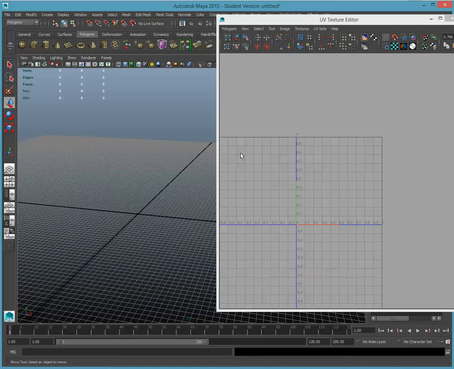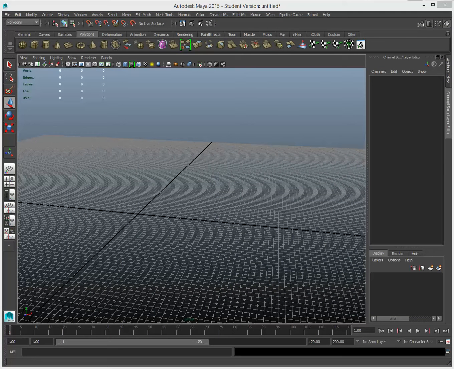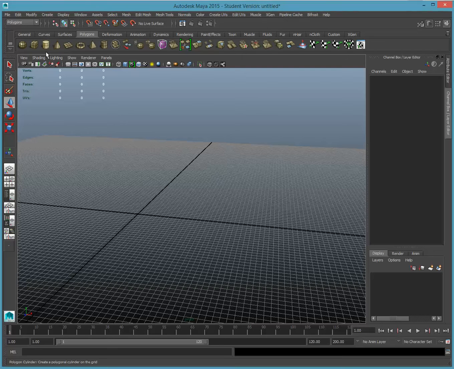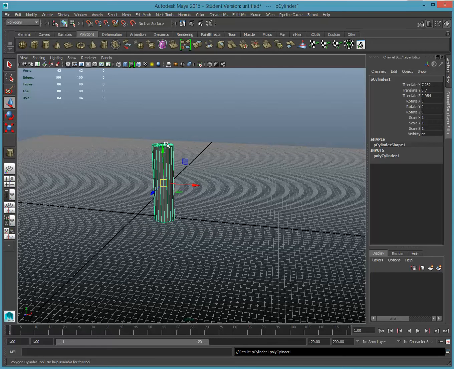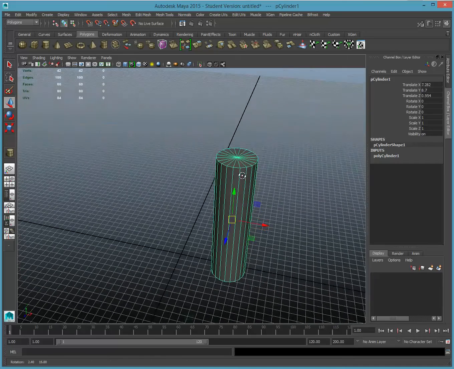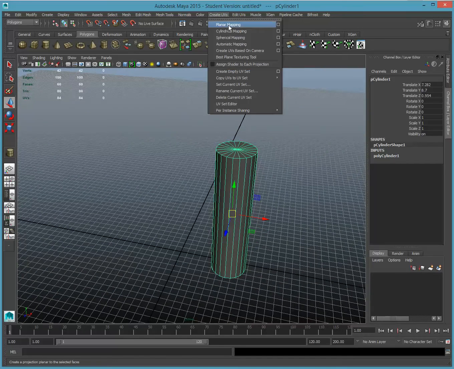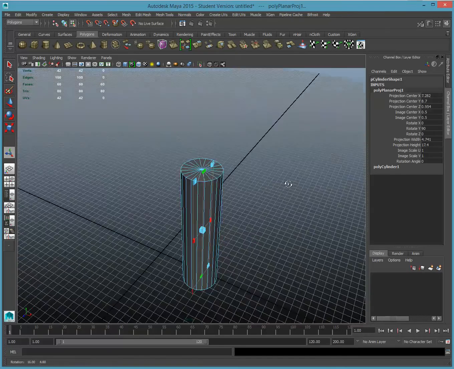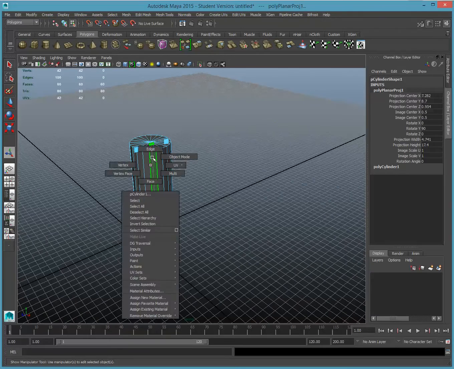So now let's say you have arms. Everything is in the lecture, but I want to show you and discuss it like that. So let's say that's your arm right here. Usually you would do a planar and cut it in half and extract it, so that would be something like that. You would go in and say Create UVs, take a planar, whatever planar you want, and then you would select an edge